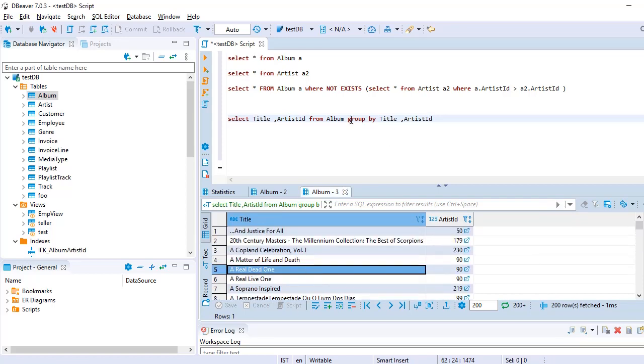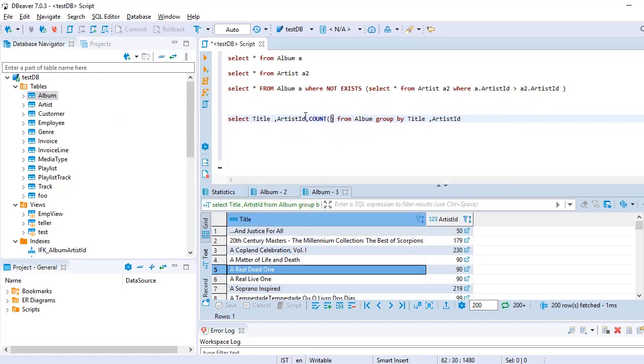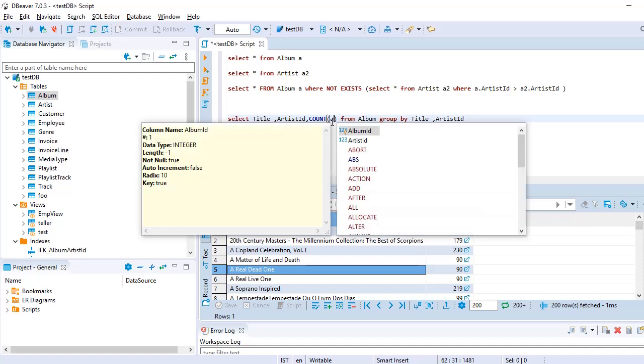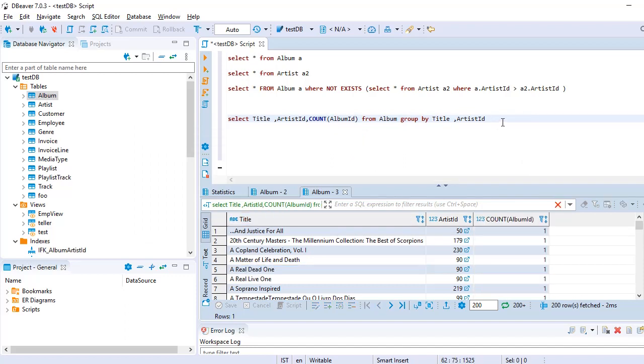Okay, and we can apply the count of how many times these are getting repeated in the desired rows. Like I can apply count on the primary key, which is album ID. So this can also be applied. So in the group by clause, what we do, we apply the condition using having.